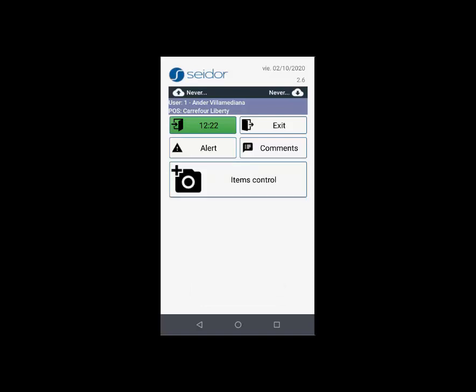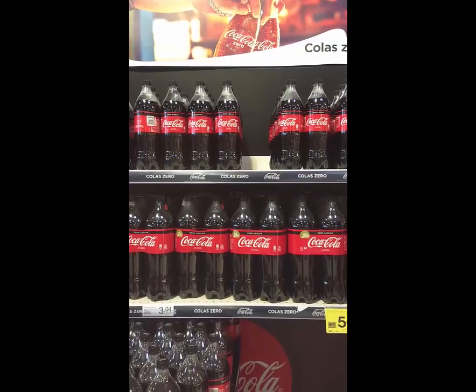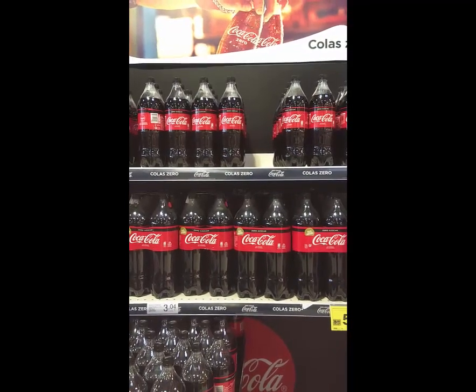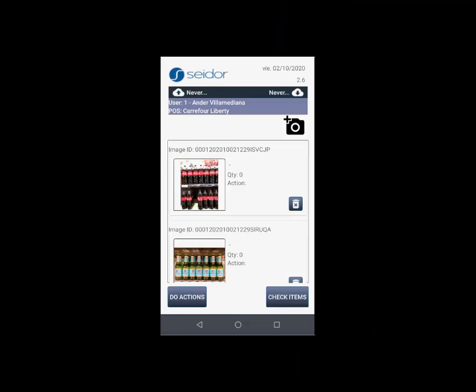In the items control screen is where we have to start taking pictures. I press the camera icon and I shoot some pictures. All right, now that I have finished taking the pictures, I will press the check items button and it will